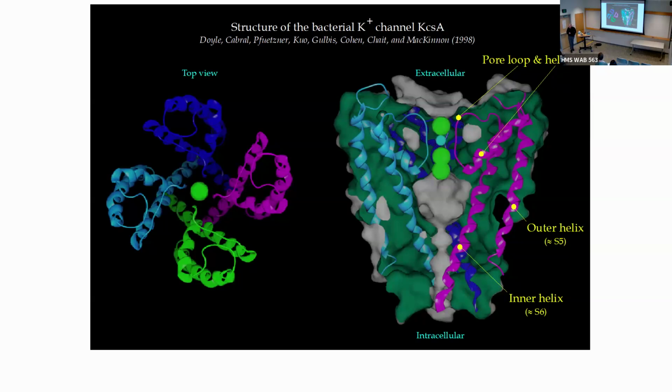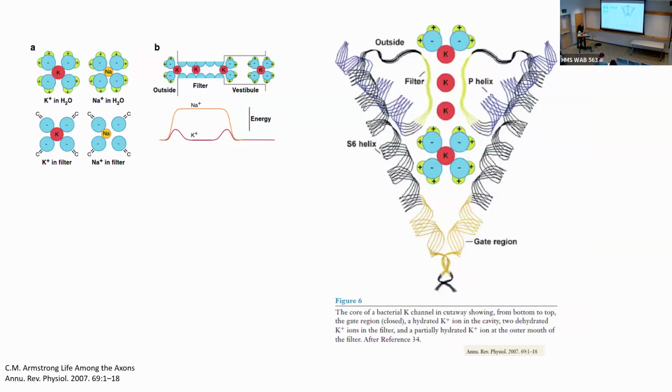And there were potassium ions in the crystal in this selectivity filter, where they're coordinated by carbonyl groups that basically mimic the hydration of water, exactly the way that Clay Armstrong hypothesized. And I really love this. Armstrong was so excited about this. I mean, who wouldn't be? What you imagined with your oscilloscope turns out to be exactly the way things really work.